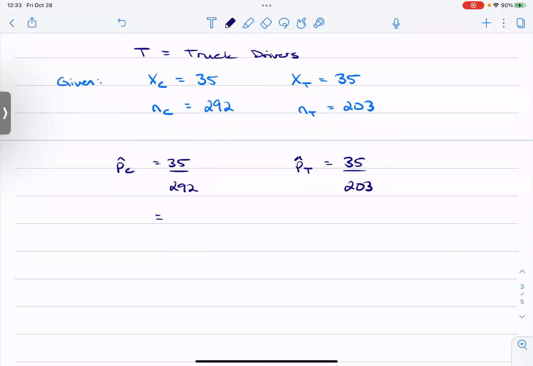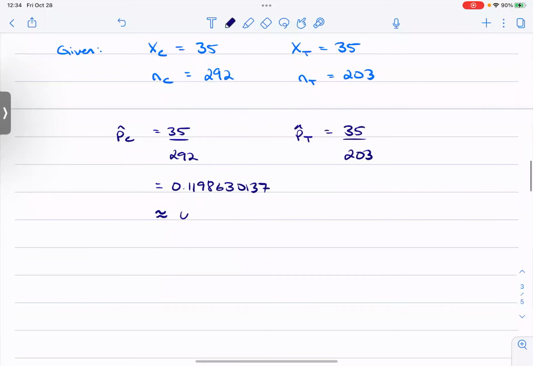Once I do this, I'll just jot down 0.11986300137, which I'm going to round to 4 decimal places. 4 decimal places is usually good enough, unless you've got a ton of zeros, then you would have to keep all those. You're not going to round to 0. That would be weird, right? So just play it by ear, but usually 4 is good enough. 0.1199